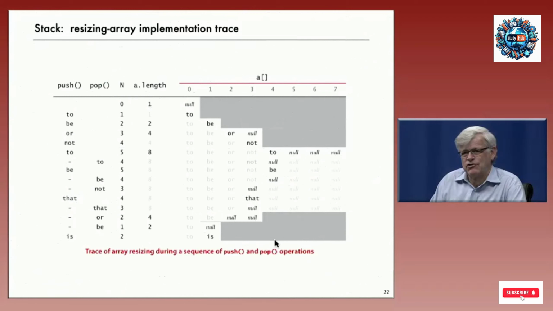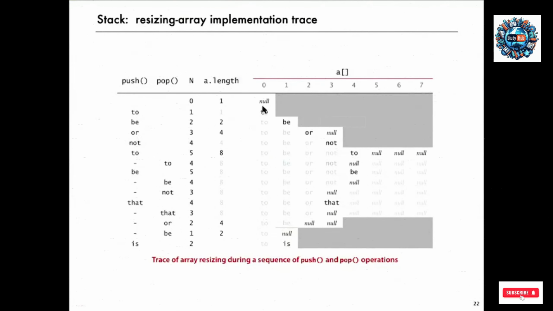So here's just what happens to the array for our small client example. And you can see at the beginning it doubles from 1 to 2 to 4, but once it gets to 4, it stays, once it gets to 8, it stays at that size for a while, even though there's some operations. And it doesn't shrink back to 4 until after there's only 2 items in there, and then it shrinks and so forth. So array resizing doesn't happen that often, but it's a very effective way of implementing the Stack